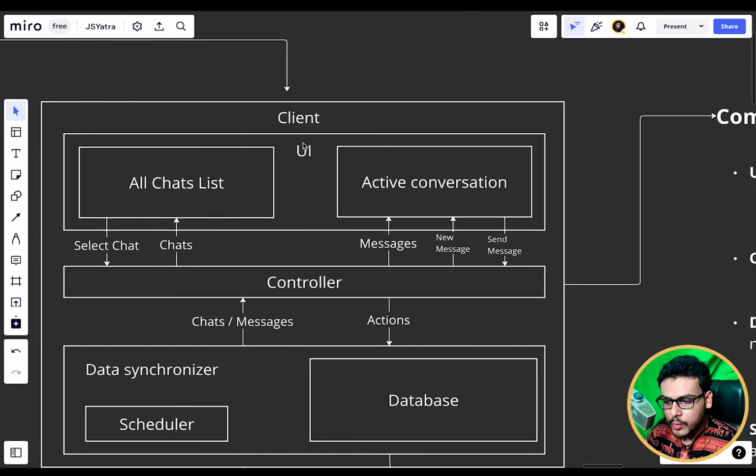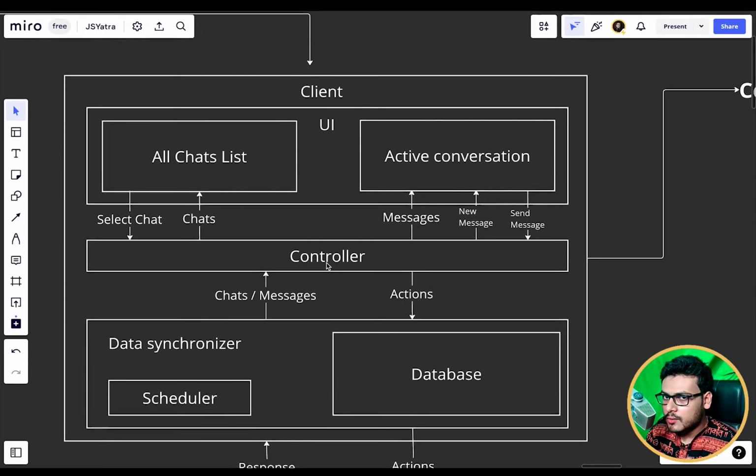One is the UI. The UI is the part which is actually visible to the user. Then you have the controller. This is the brain of the whole chat application, responsible for transferring data from the database to the UI. So the controller aims at having a seamless data flow across the application. You might have noticed up till now that whichever the question, we always have one controller. So having a controller is a must. That is one learning we have found across all the previous questions.